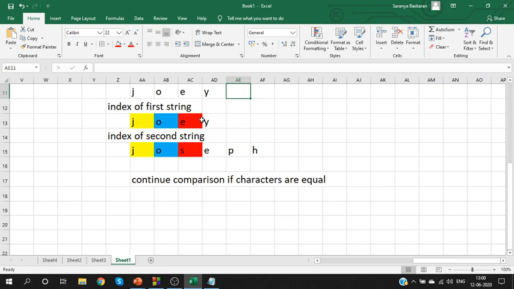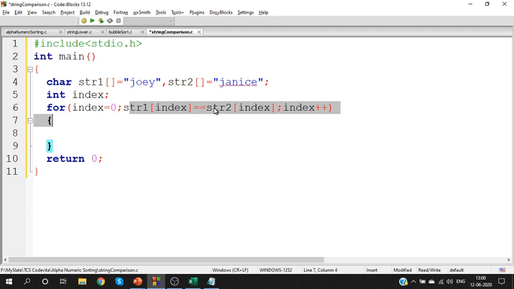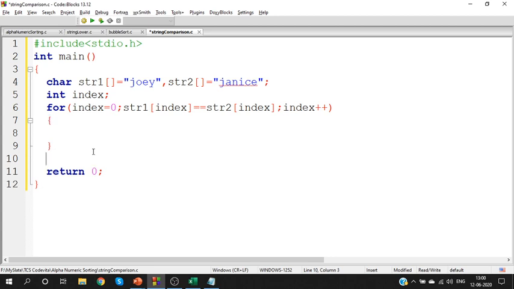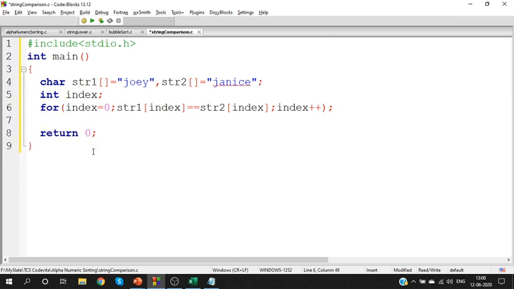They clearly said in the question that your words will always be unique. So there is no chance both the strings will be exactly the same. At some point definitely the strings will differ. So as long as it is equal, continue with the operation. Once it is not equal, come out of the for loop. Can you all understand this? Which means this is an empty for loop. An empty for loop can be represented with empty brackets or with a semicolon at the end.